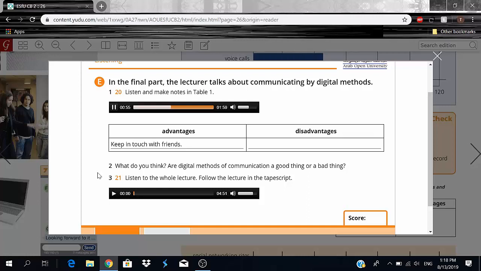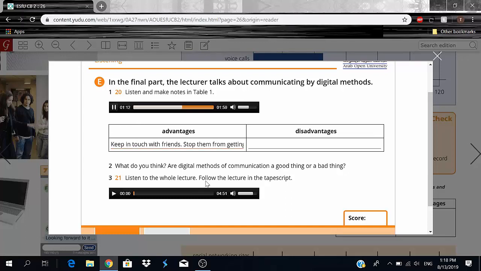Secondly, for teenagers, digital methods are like friends. They are friends in their pockets or handbags. They are friends in their laptop. They stop them feeling lonely. Okay, so that is the second advantage actually, and that is that it stops them from getting lonely. So, stop them from getting lonely, you guys. Okay? So keeping in touch with friends and stopping them from getting lonely is an advantage of digital methods.